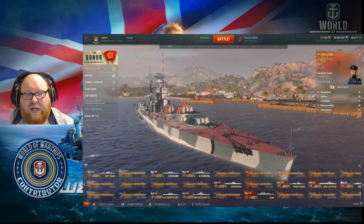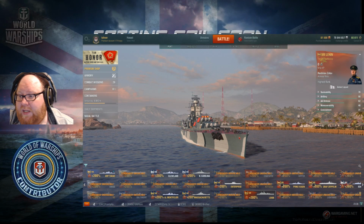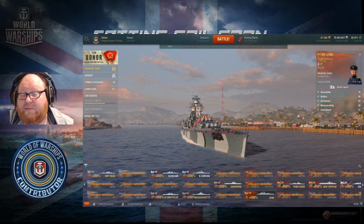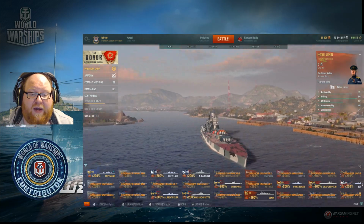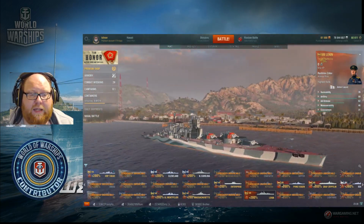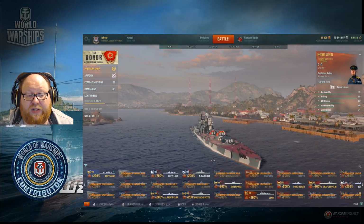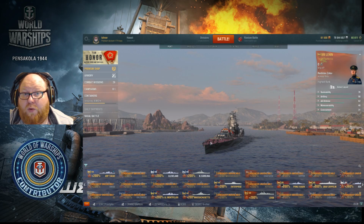We'll equip some modules on it, and I'll probably play a few games this weekend, so feel free to pop along and check that out. She is a work in progress. She is a final ship, so she is going to be final out there. You are going to be able to get her as of today, I believe, unless that changes. So yeah, there you go. That's my very quick look at the Lenin,